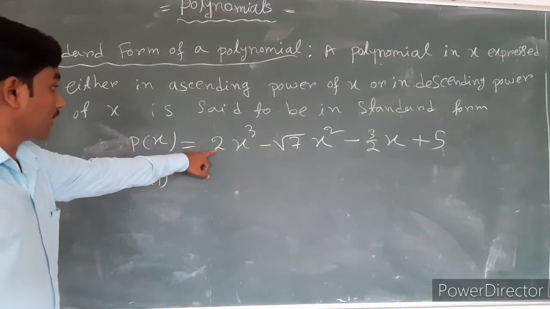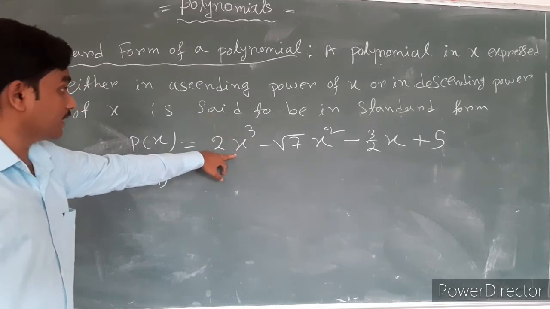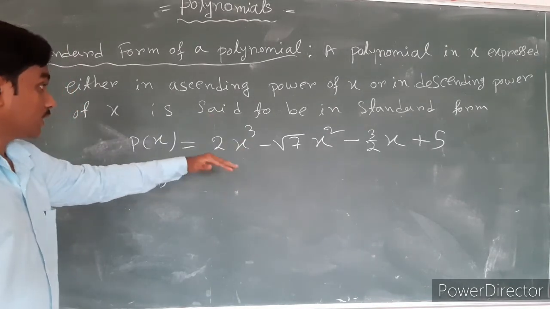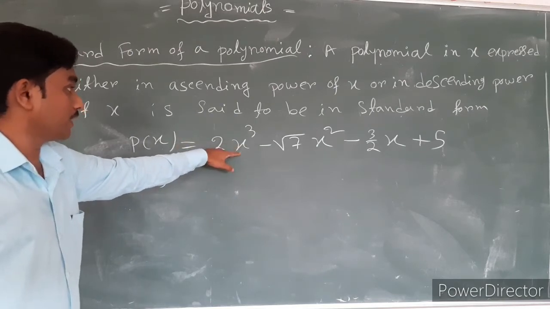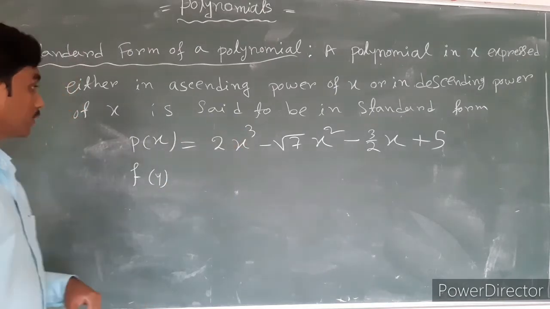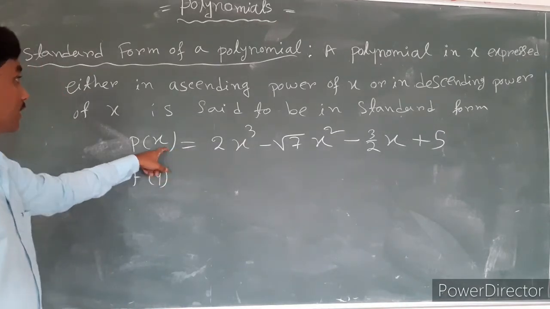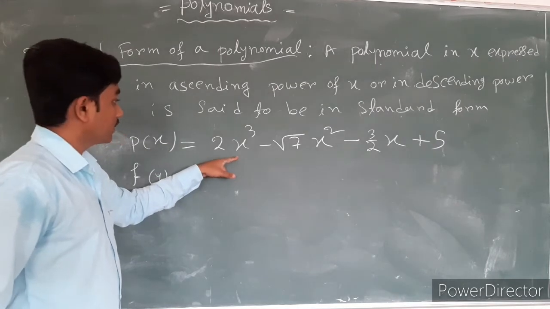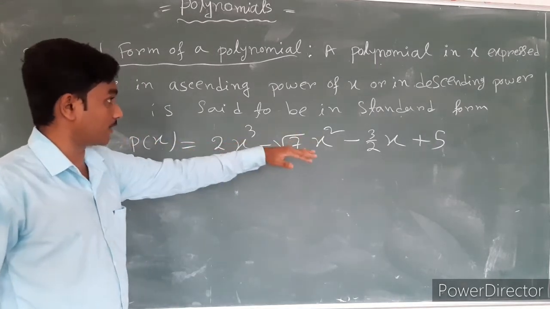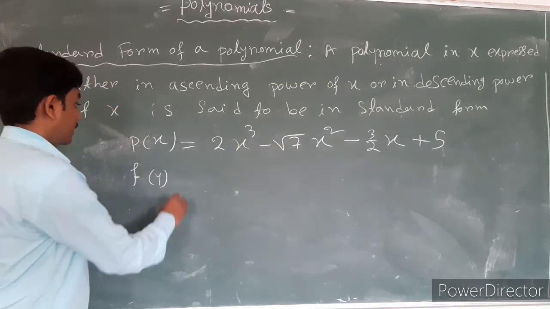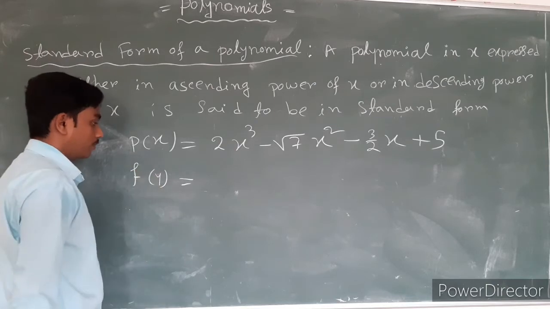This is a polynomial in x and degree 3 because the highest power of the unknown variable is 3. So a polynomial in x can be written in ascending power of x or descending power of x. Suppose we have a polynomial in y,